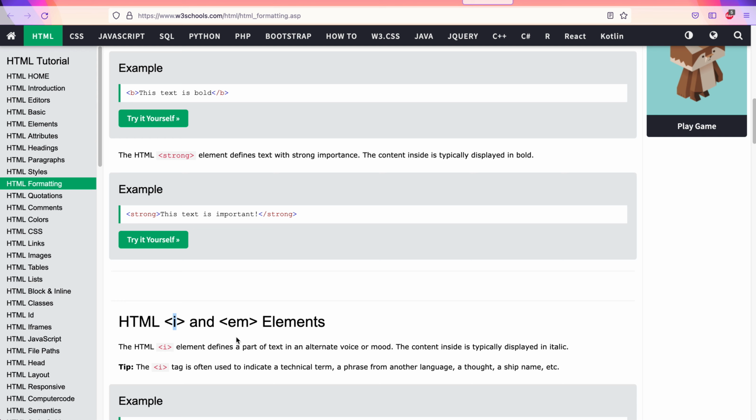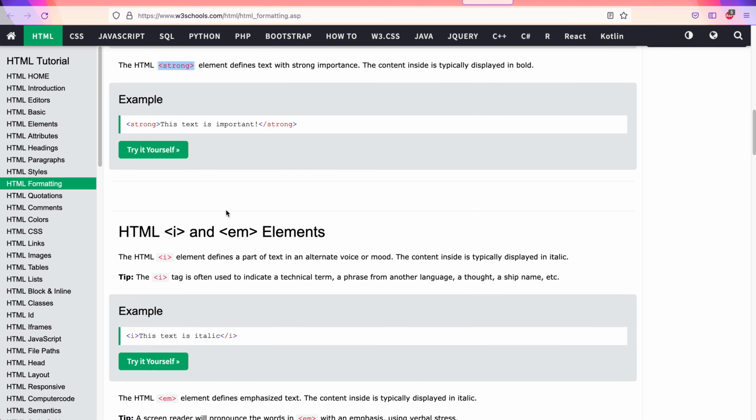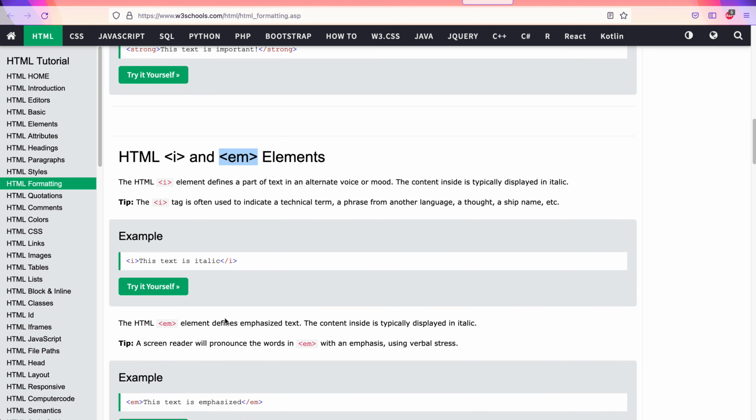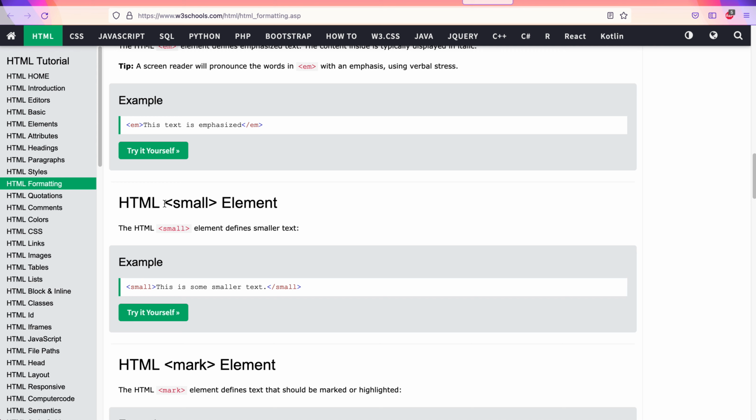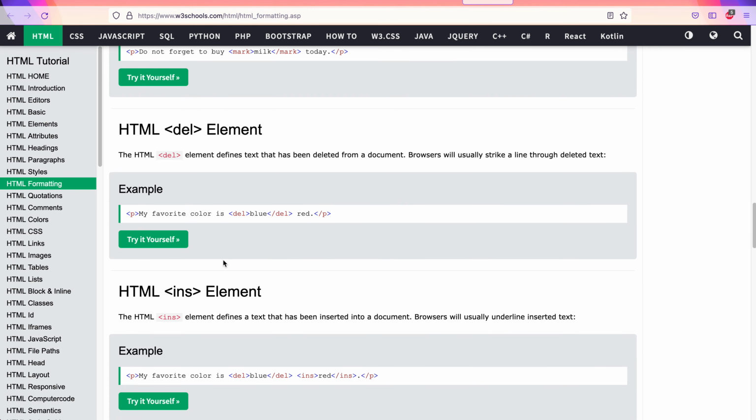So if you put a strong tag instead of a bold tag, that is an indication for Alexa that it has to lay some additional emphasis to indicate the importance. Likewise, if you put an em tag, which stands for emphasis, then it can read out that text with such an emphasis. But if your HTML document is only for a browser to display, then you probably are not required to use these tags. There is a small tag, again a paired tag, which can show smaller text. There is a corresponding big tag.